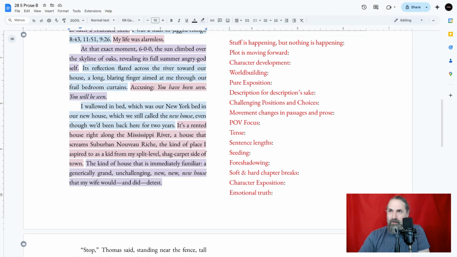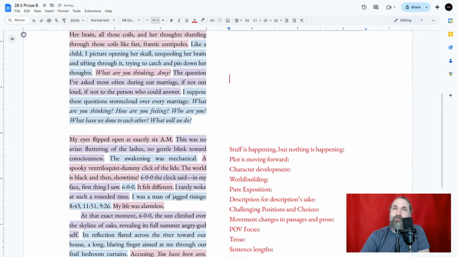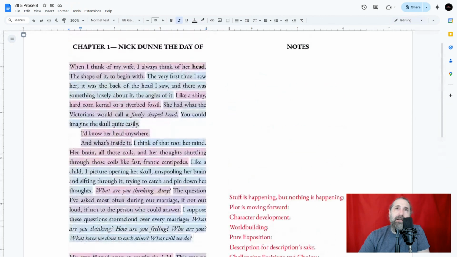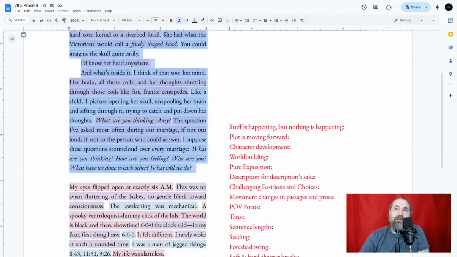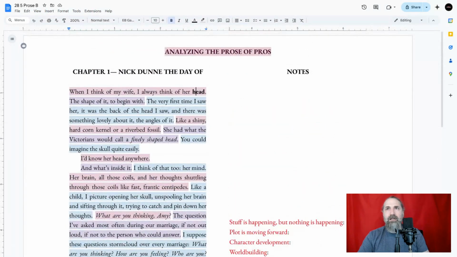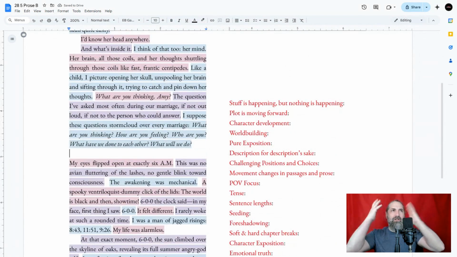Let's see. Oh, and this is the soft chapter break. And the reason is because we're going from him thinking and now he is waking up. So honestly, he's probably having this dream. This is a dream that he's having. And then he woke up. And he's like, "Oh, hey guys." I think that's accurate because even in the movie it's like that. Like he's just picturing his wife and then he kind of wakes up and he's like, "Oh, it's 6 o'clock. Jesus. I'm Ben Affleck."